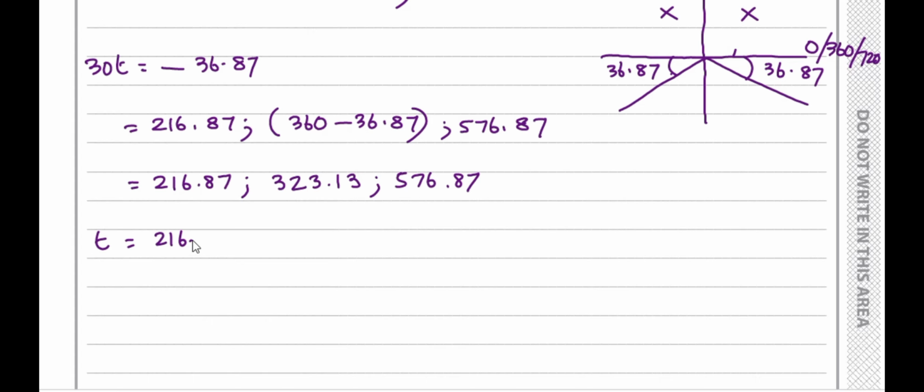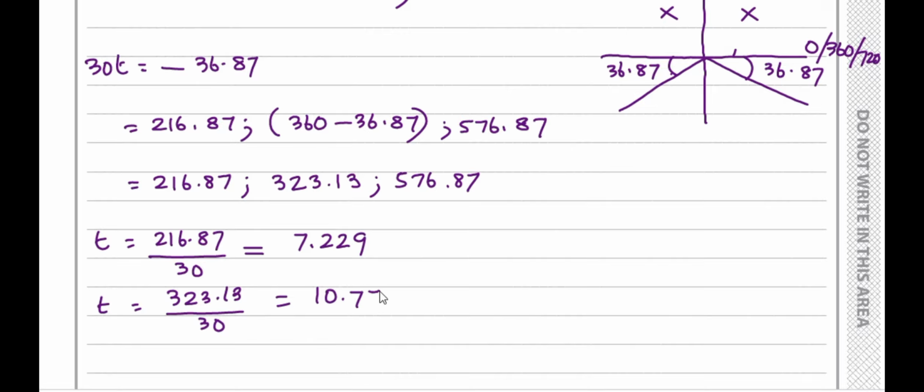So 216.87 divided by 30 gives me 7.229. And the second t is 323.13 divided by 30, that gives 10.771. Okay, so it would appear the earliest time that the boat can leave is 7.229 hours after midnight, but